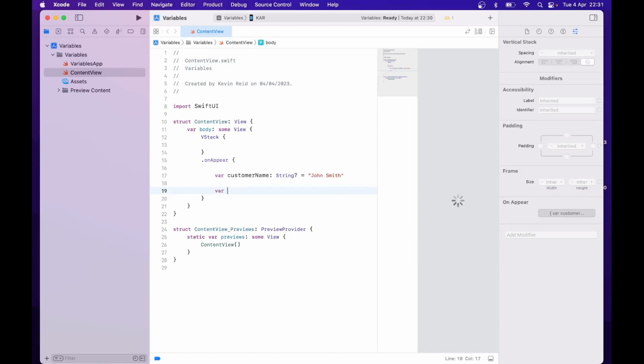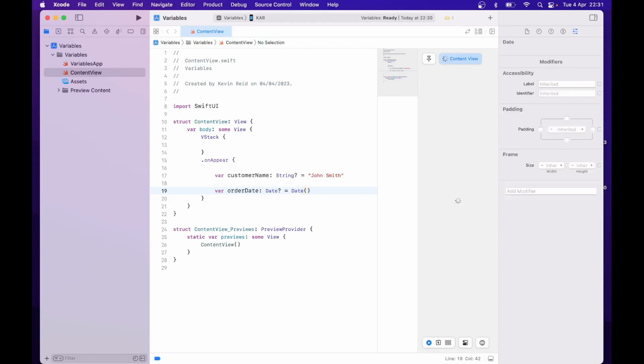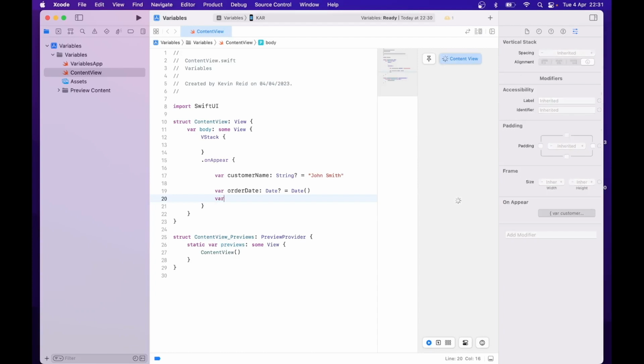var orderDate = Date() var orderNumber: Int? = 12345